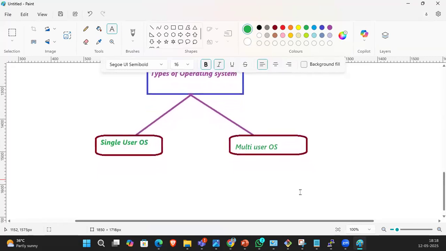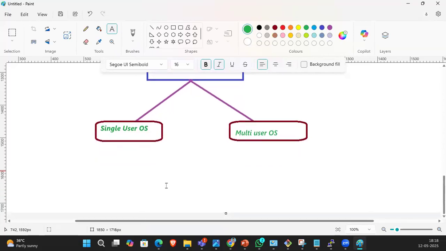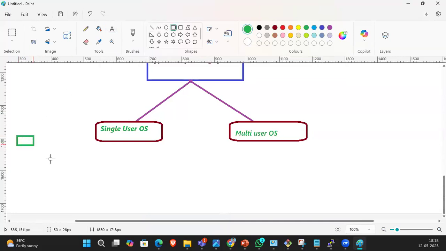Does anyone know? MS DOS is a single user operating system. Okay. Do you have a laptop, Abhishek? I have joined from mobile, presently I'm not having it. Do you have a laptop or not? Yes, sir, a Windows laptop, an HP.